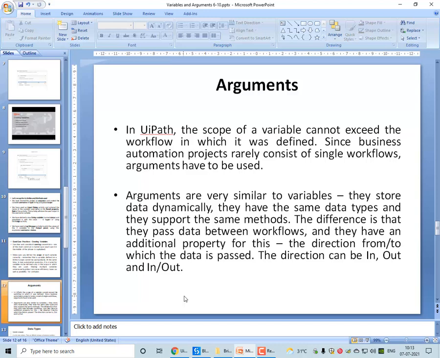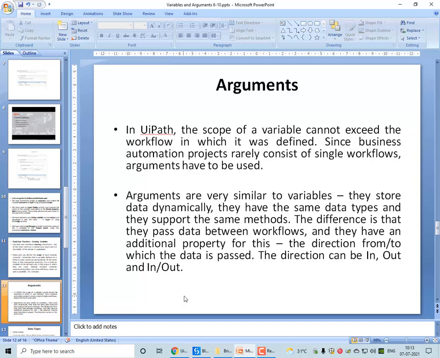Since a business automation project rarely consists of a single workflow, arguments have to be used. See, in production you cannot work on a single workflow, there are multiple workflows, so you have to declare arguments. Arguments are very similar to variables.